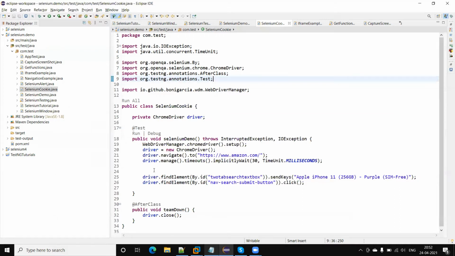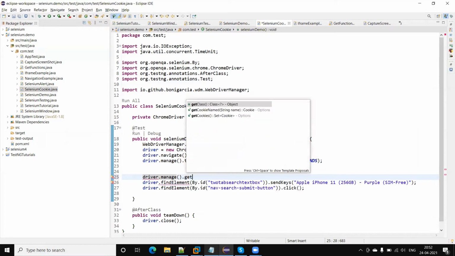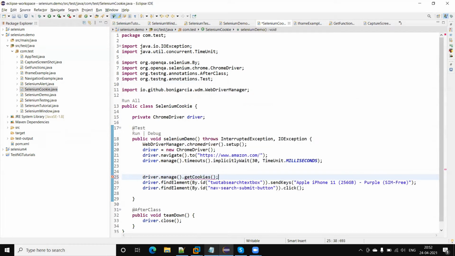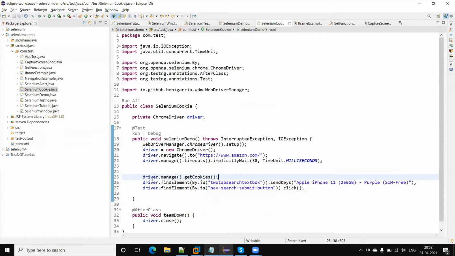Okay, so now let me first write driver.manage.getCookies. This will return the set of cookies. If you open the browser, you can see Set<Cookie>, so I can use a Set of Cookie objects.